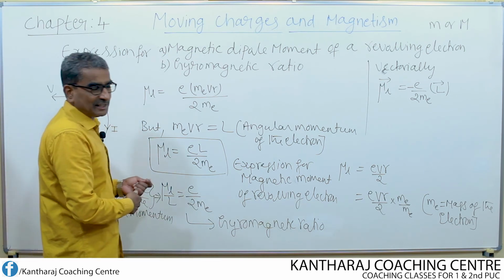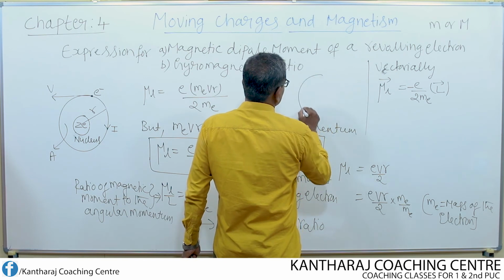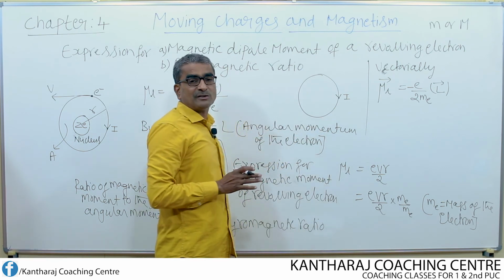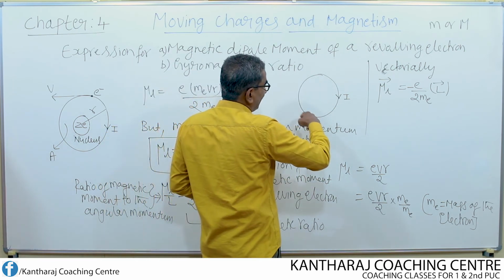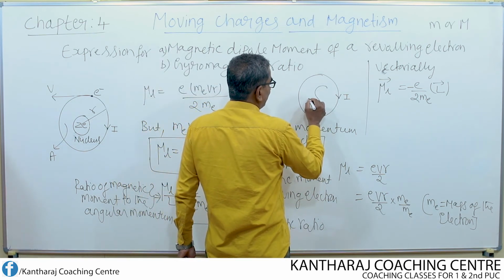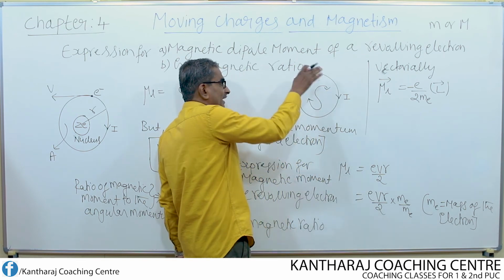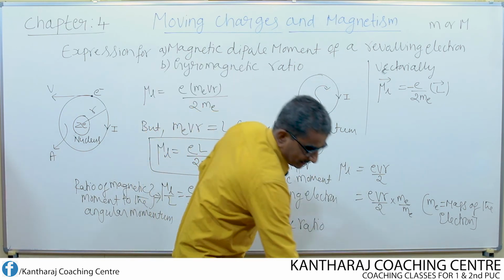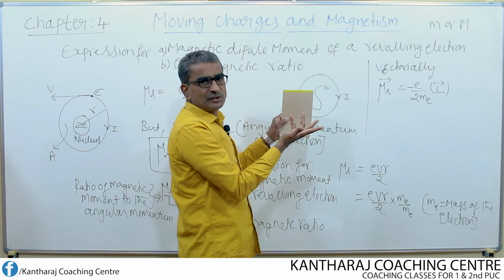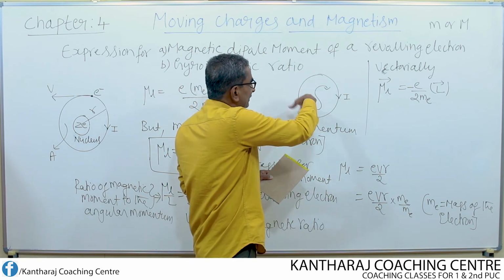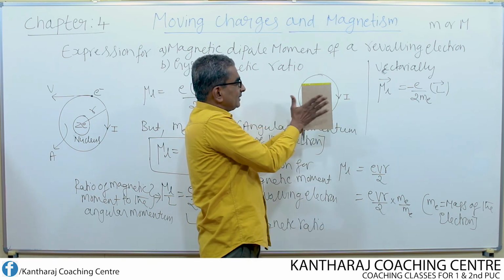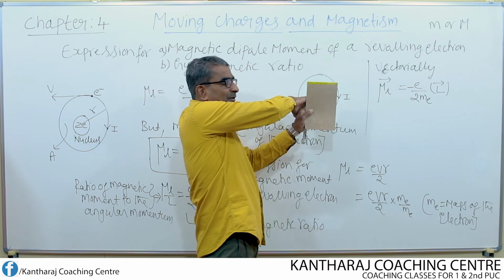Look here, if the current is flowing in the clockwise direction, let us draw one separate figure here. Then the near face behaves like which pole? I told you to imagine this orbit itself as a wire loop. Then the near face behaves like a south pole, whereas the far off face behaves like a north pole. The loop may be of any shape, rectangular, square or circular, and here we choose the circular shape. Near face means this, far off face means the back face.